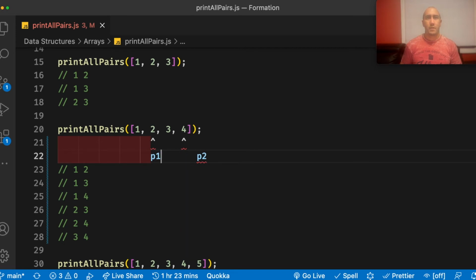Now that we're done with the first element, we move over to 2, and then we'll reset our pointer 2 to be